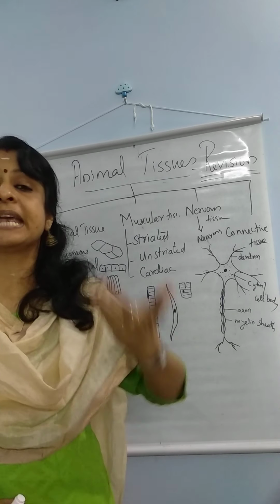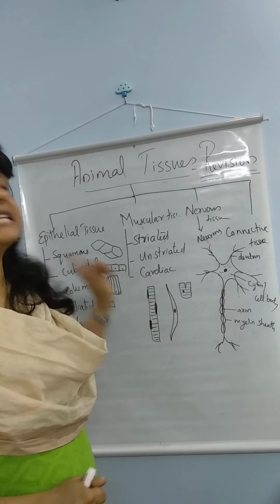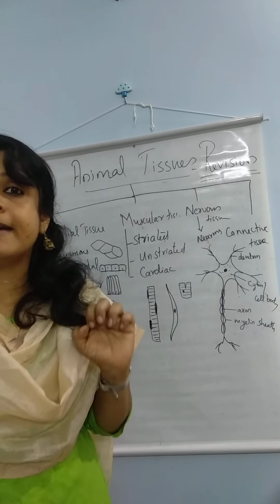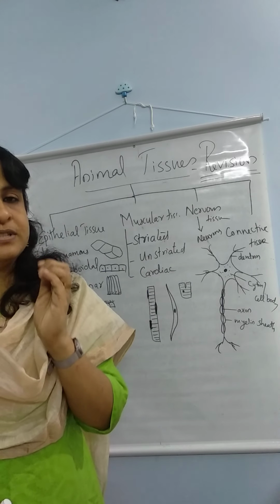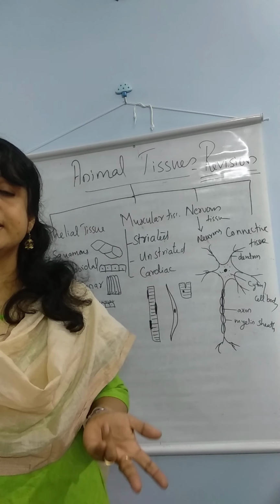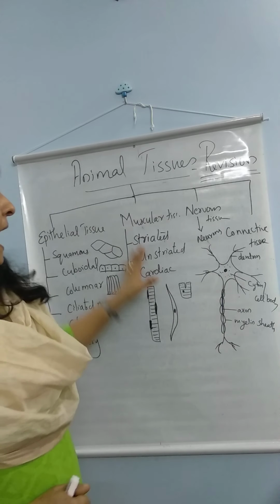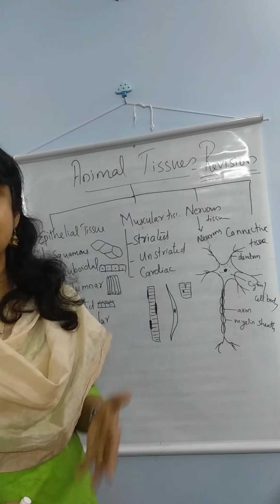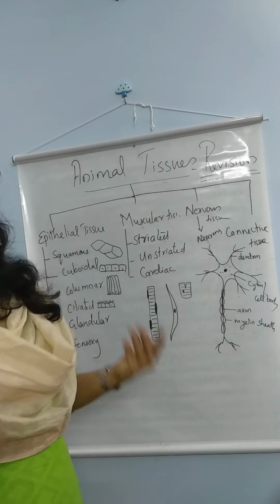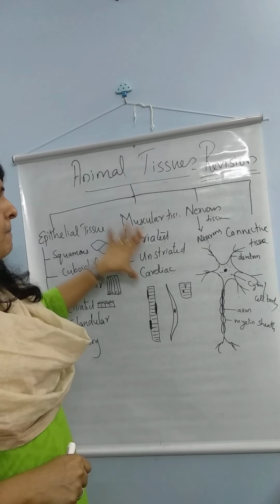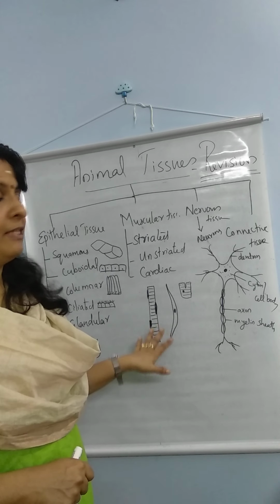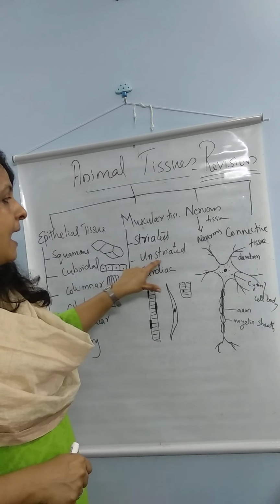Why are the muscle cells capable of movement? Because they are formed of proteins. They consist of certain proteins called contractile proteins. So the cells can contract and relax. They contain two proteins called actin and myosin. Because of the presence of these two muscle proteins, the muscle cells can contract and relax and bring about movement. Based on where they are present and the type of cell, there are three types: striated, unstriated